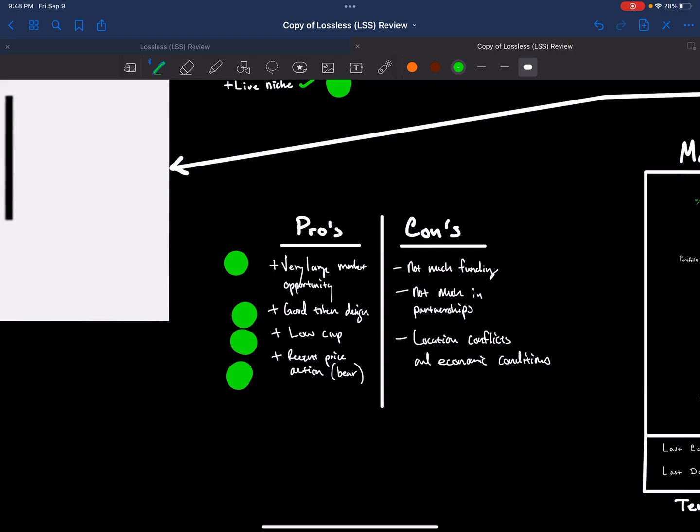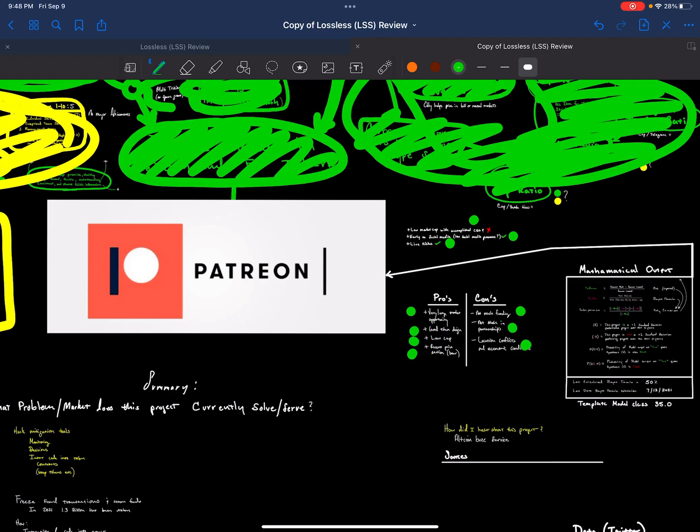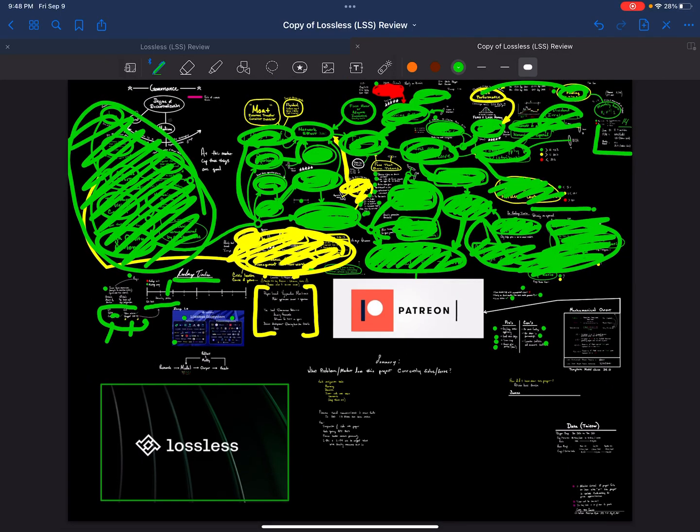Recent price action: we're in a bear market, so these are all pros. Cons: not much funding, not much really in partnerships, and the location conflicts might lead you to be like me and hope that the team's doing well in a crisis area, which is generally Europe right now. But they're not in Ukraine, so that's to be stated. All right, so that's a general